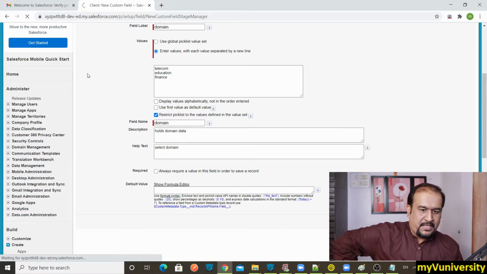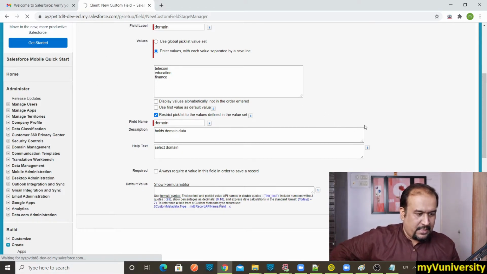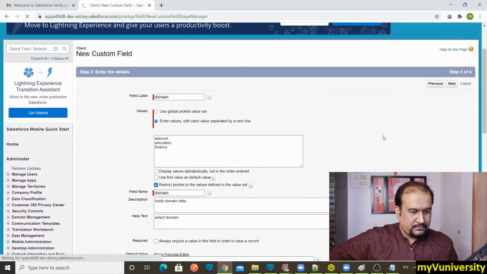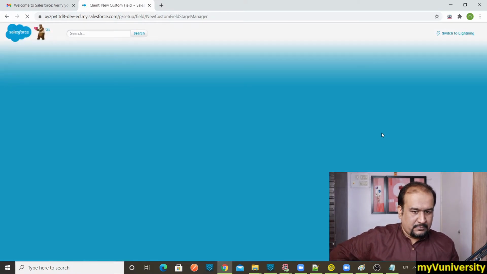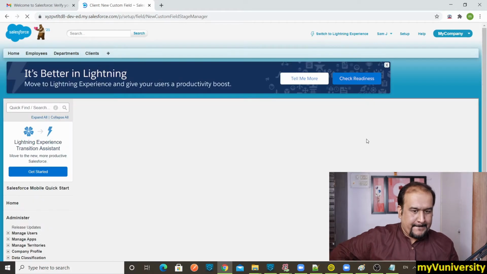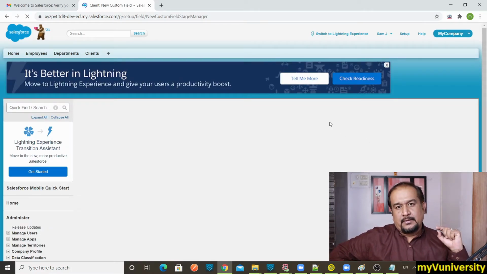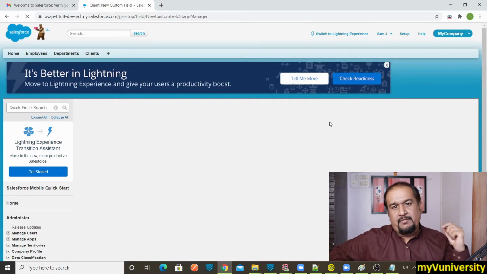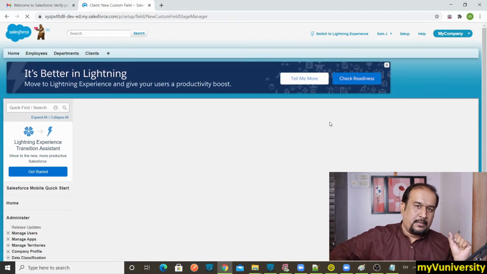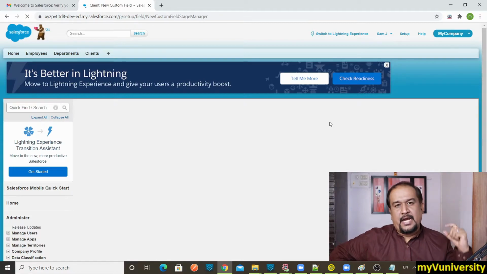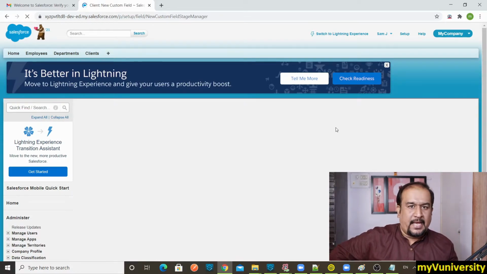So it's pretty fast, my Salesforce instance now. Let's see that, hopefully. Okay. So we have created the client ID, we have created the domain, right? And client name, we are using it as the standard.